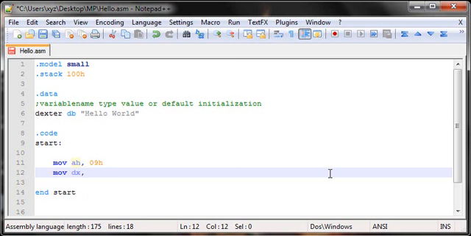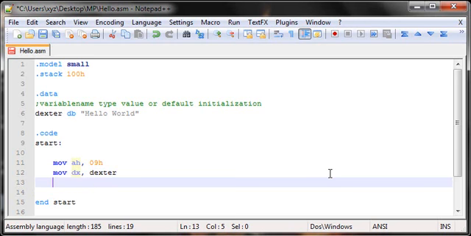So now mov actually takes in a register and a register as the parameter, or a register and a value as the parameter, but it does not take a register and a variable as the parameter. So if I ever try to do this and execute my code,